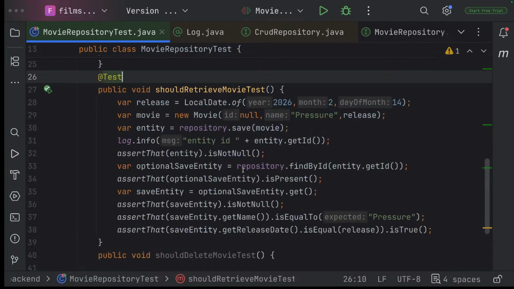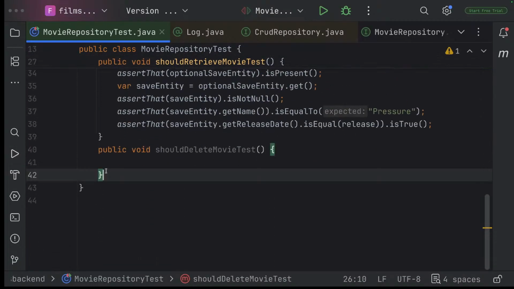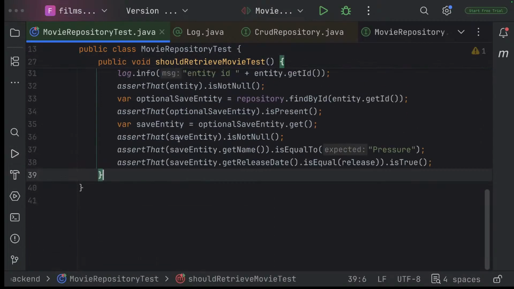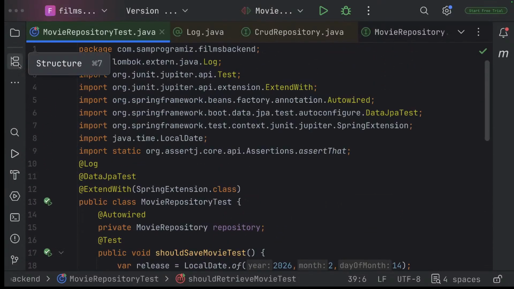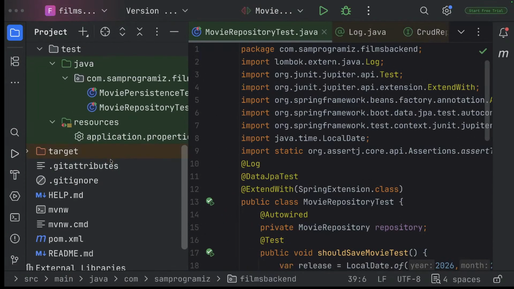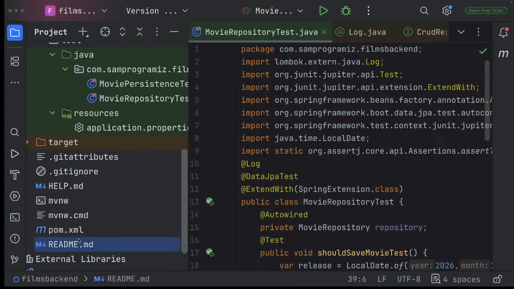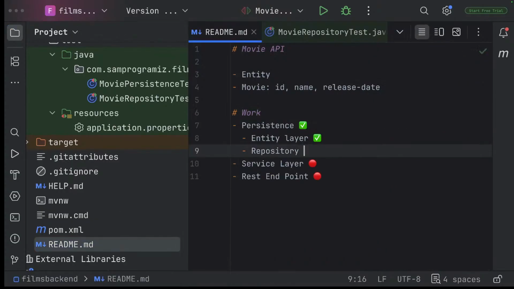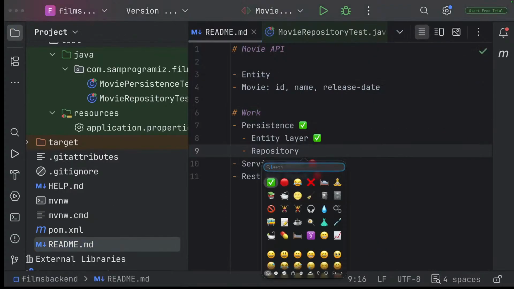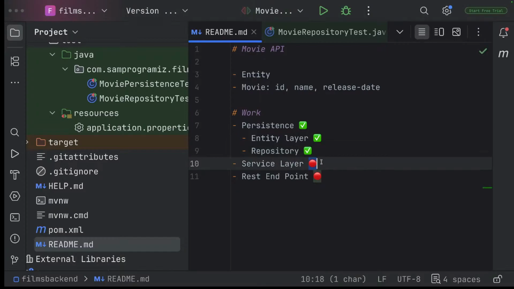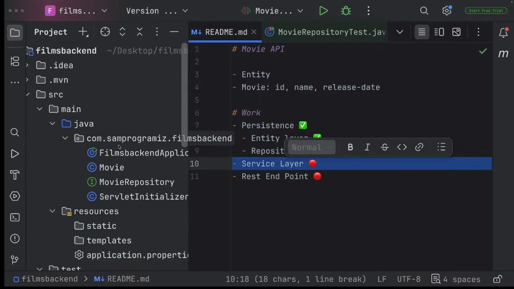Since I've seen JPA is working, I don't need to test those internal methods any further. So if we go back to our task list, you'll see that now the repository is working. So now we can go to the service layer, and in the service layer,